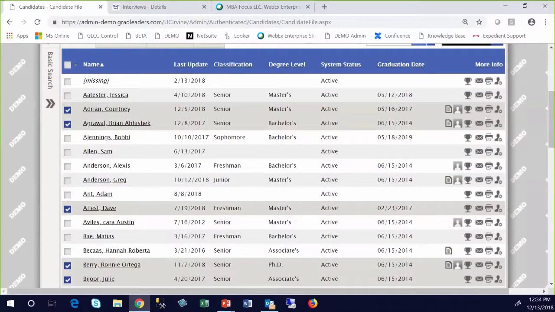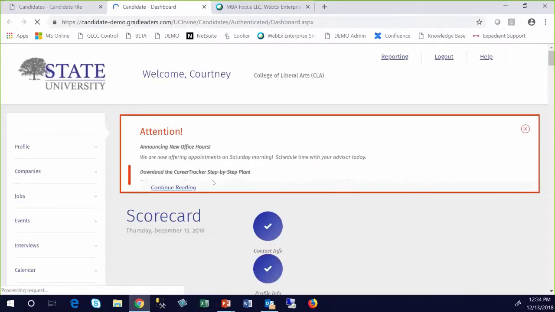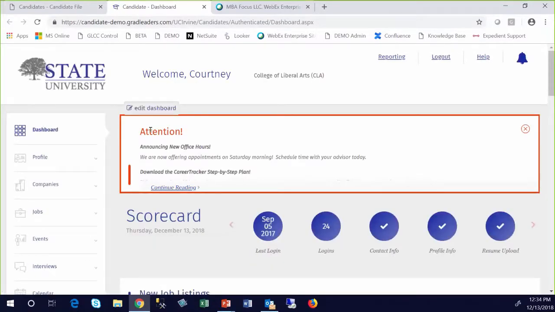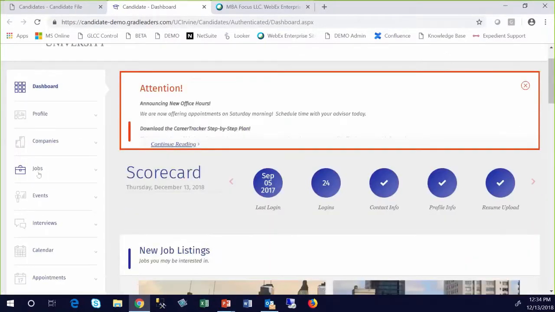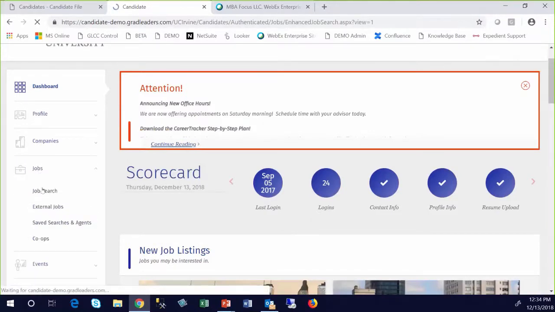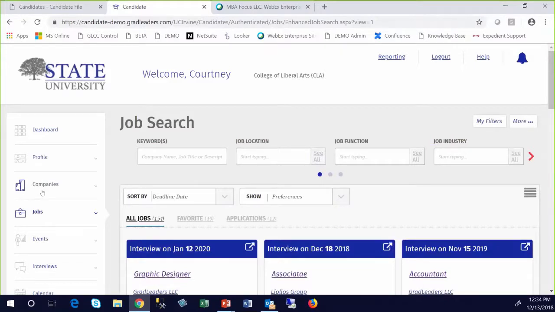I'm going to sign in as this Courtney person in the demo site. We use her record a lot. So the students, a couple of things of note. First of all, if they're just doing a regular job search, most schools are configured in a way that when